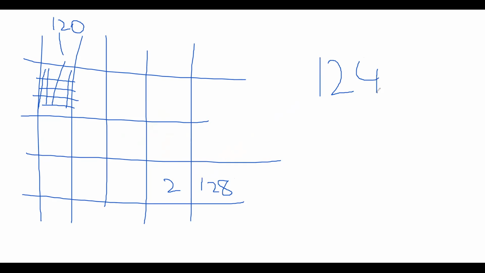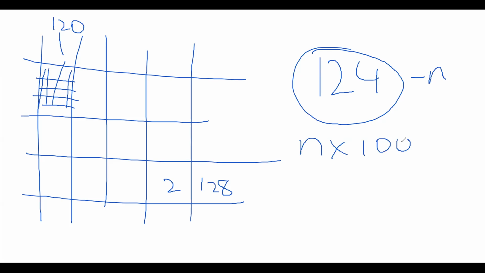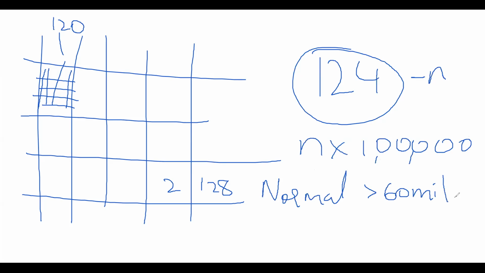Finally, with the dilution factor, this number will be represented by n. The total number of sperm or spermatozoa present in the semen sample that you get will be determined by n into 1 lakh. By multiplying all the dilution factors and the number of boxes, all of that, you will end up getting 1 lakh. So this will basically represent the number of spermatozoa present in 1 ml of the sample. Normally, the normal value should be more than 60 million per ml.